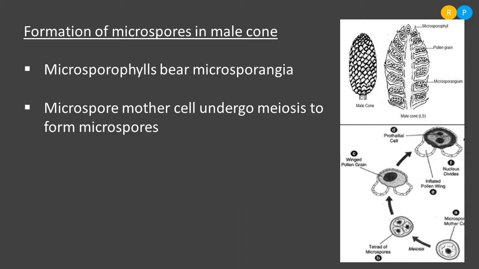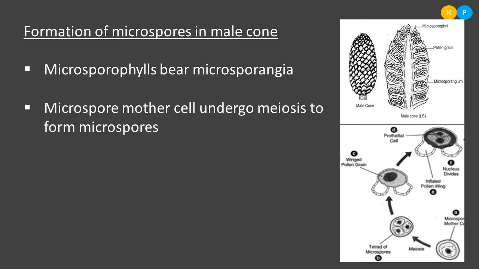So this microspore mother cell, because it is diploid, undergoes meiotic division. That means it undergoes reductional division. As a result of that, it produces 4 haploid cells. Understood, right? 4 haploid cells will be produced. So in the next step you can observe, 3 cells are appearing from one face and the remaining one is facing towards the other face. Clear? So totally how many cells will be produced? 4 haploid cells will be produced. Those 4 haploid cells are nothing but microspores.